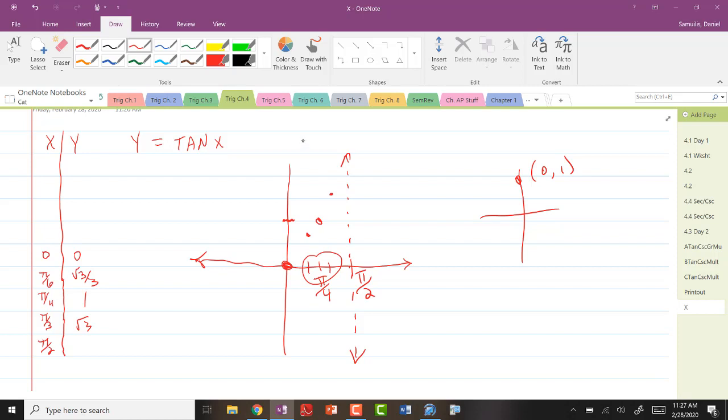Okay, then did you know that all of these angles are in quadrant 1? This little section right here, right? And tan in quadrant 1 is positive. Do you know when I go over here